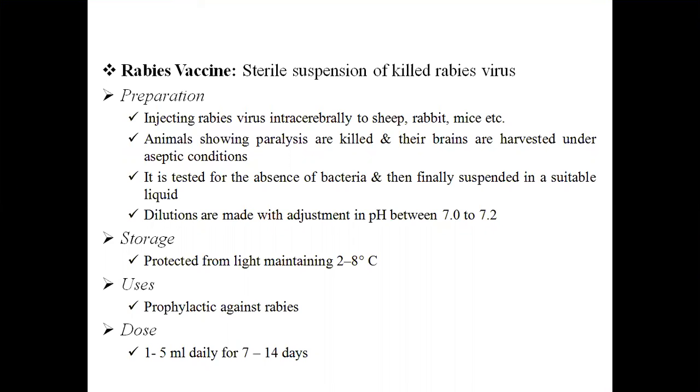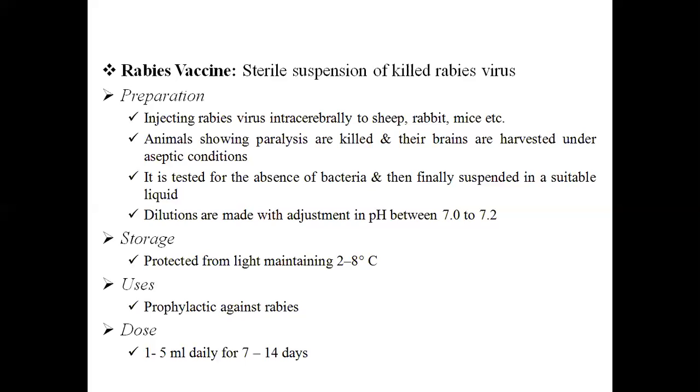Rabies vaccines are white flocculent suspension in a clear liquid or slightly white to brownish white turbid liquid. It's a sterile suspension in saline or some other appropriate solution, which is isotonic with blood. Generally, here suitably killed rabies virus in uncontaminated brain tissues from animals which are previously injected intracerebrally with